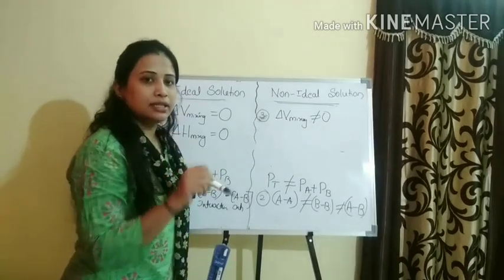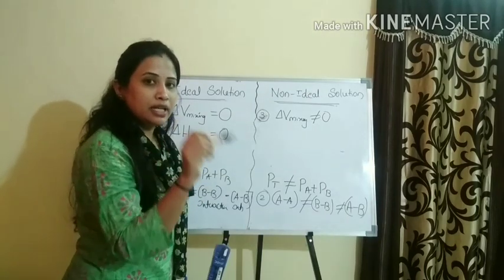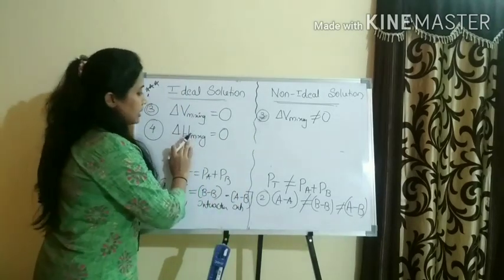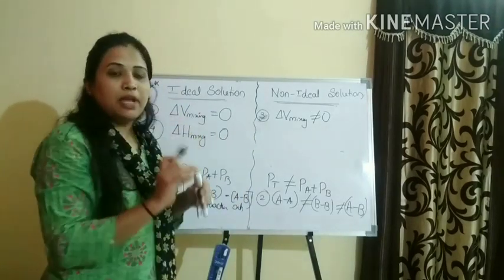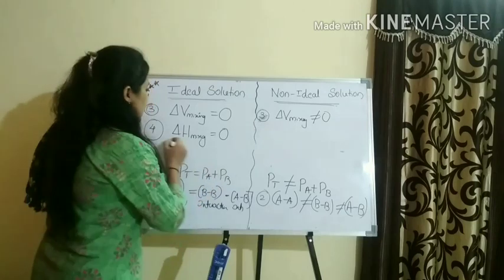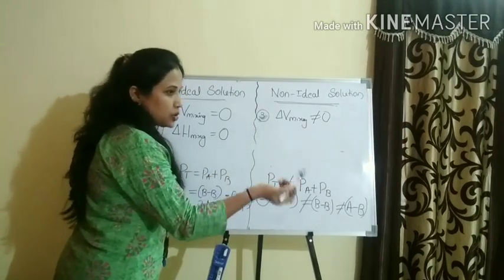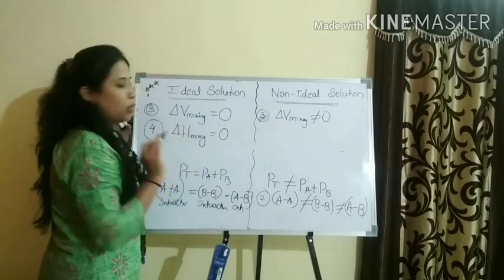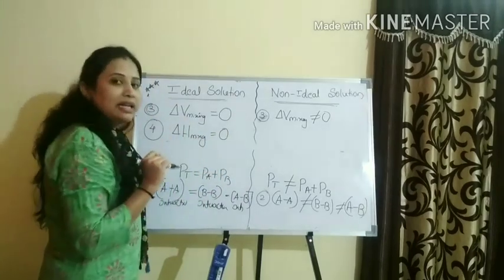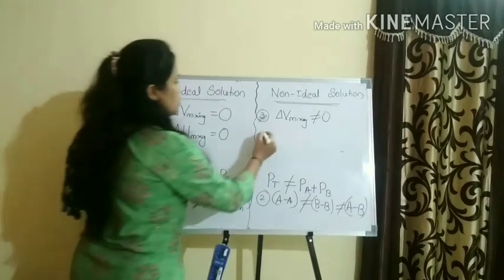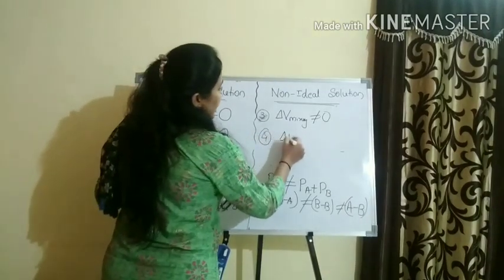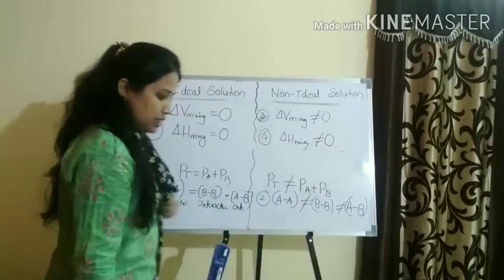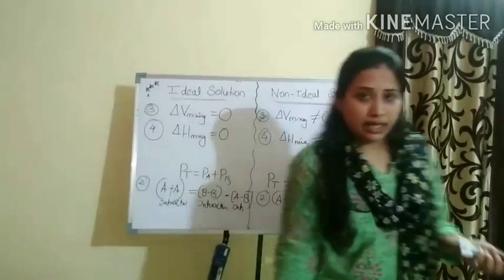Should involve the enthalpy. Either the heat should be released or heat should be absorbed. But here what they are saying is that delta H upon mixing remains the same. Means the heat is neither produced, nor gained or absorbed. It remains constant even upon mixing, as in the case of an ideal solution. But when it comes to a non-ideal solution, delta H upon mixing is not equal to 0. Means it may increase or it may decrease.